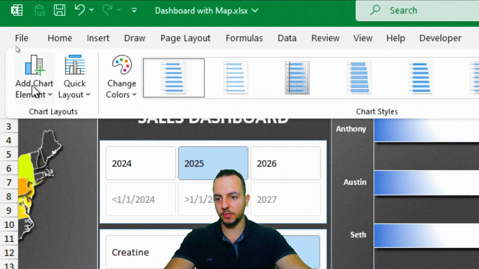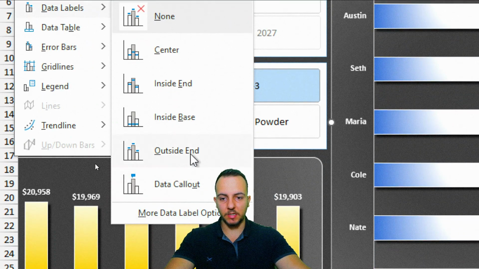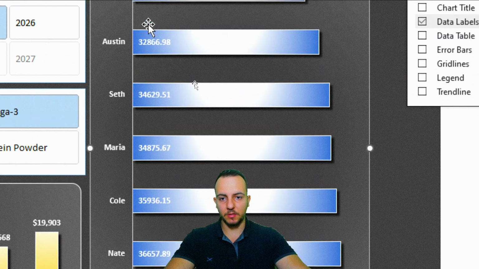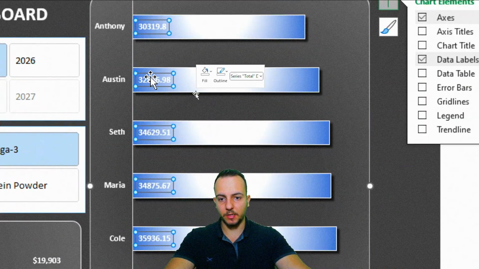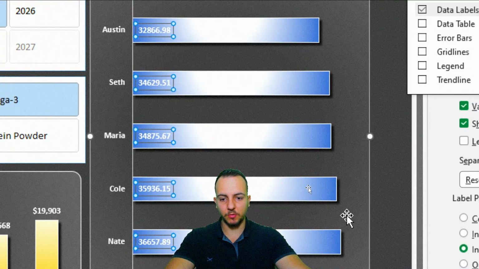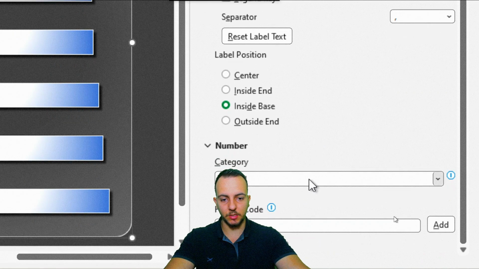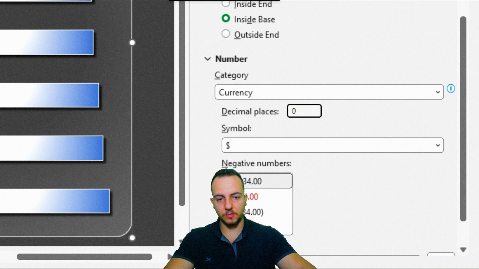Here to the left I can click add chart element, data labels, and outside end, or I can also use inside base, for example, like this. I think it's going to be good. Let me just select all these values right here and right click, format data labels, and I'm going to change it to number. I'm going to change general to currency, for example, and I'm going to use decimal places 0,